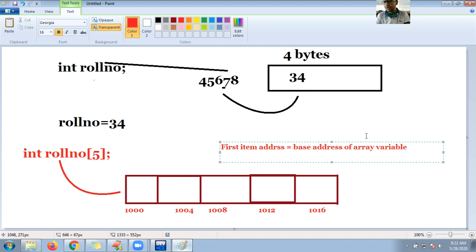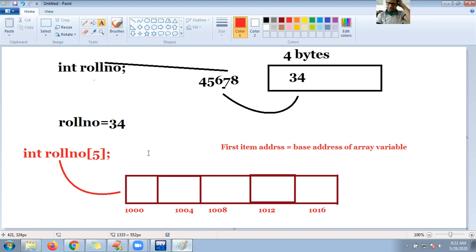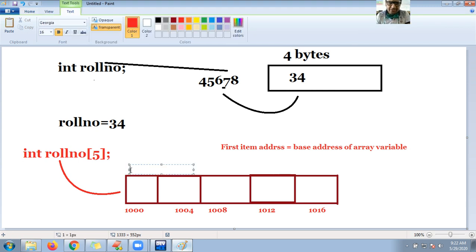Okay, guys, just keep one thing in mind. Each element has a specific index. These elements you can access by using the variable name, so here I can use roll number. How can I access those elements? You can use the indexes.